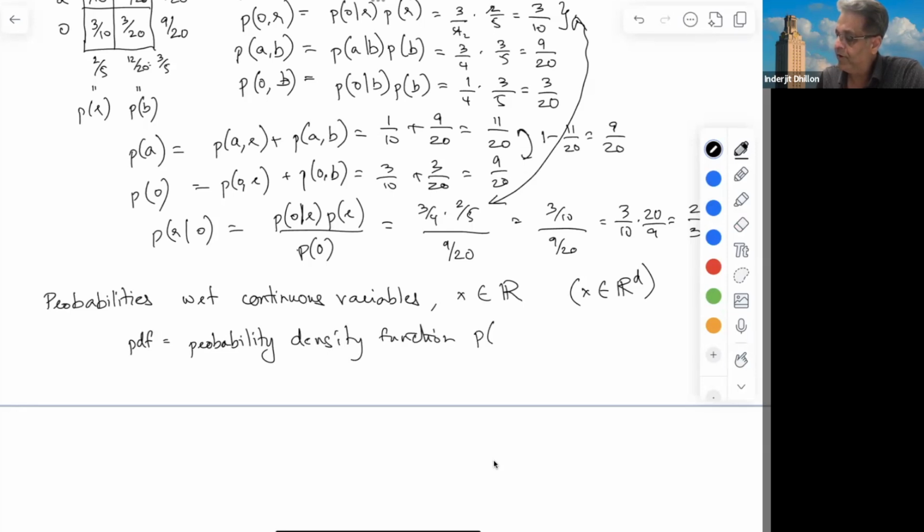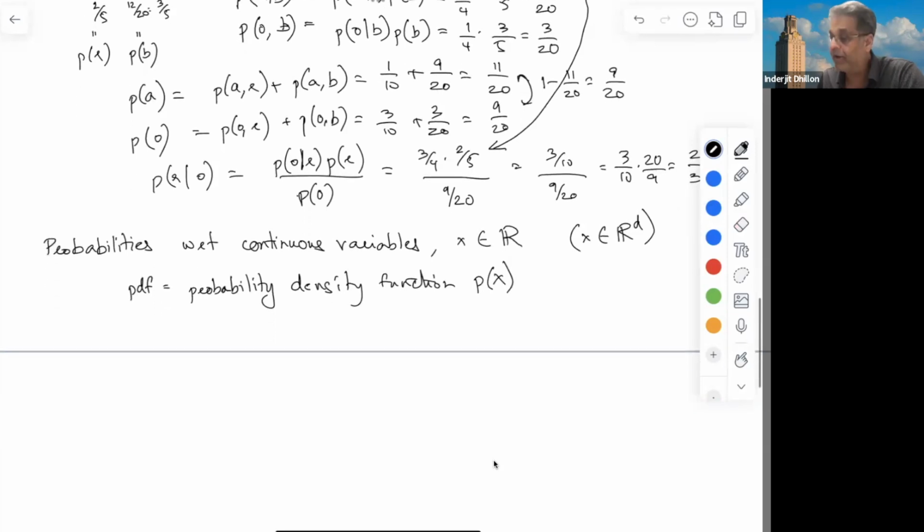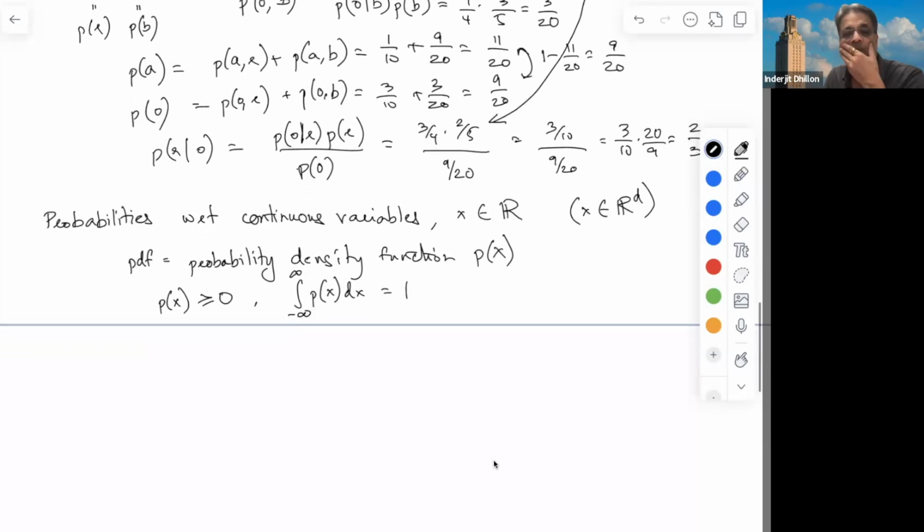Okay, and we denote it by a little p of x typically, right? And it's a continuous function. P of x is greater than or equal to 0, right? And it adds up to 1. So what does it mean for a continuous variable? It basically is that the integral, suppose the domain is -infinity to +infinity, then the integral is 1. So that's the analog of the sum of a discrete random variable. Okay, so similar to the sum rule